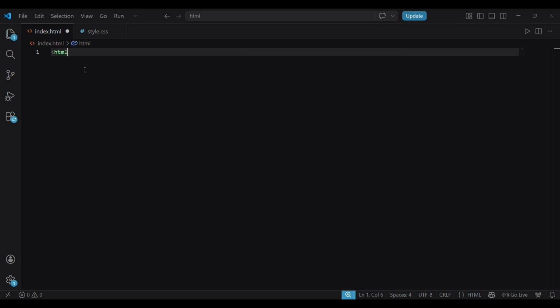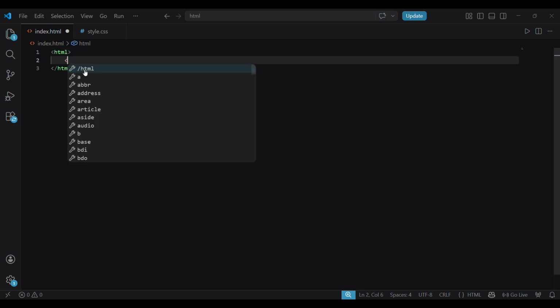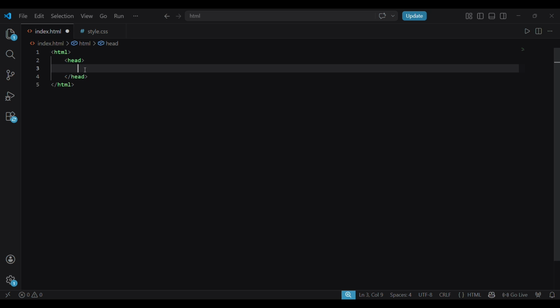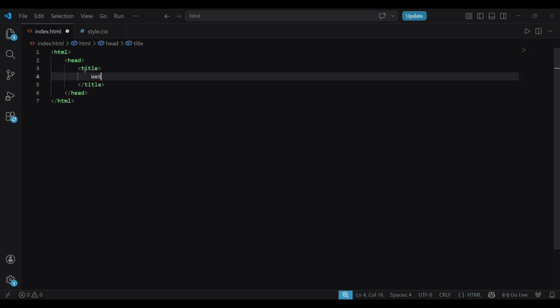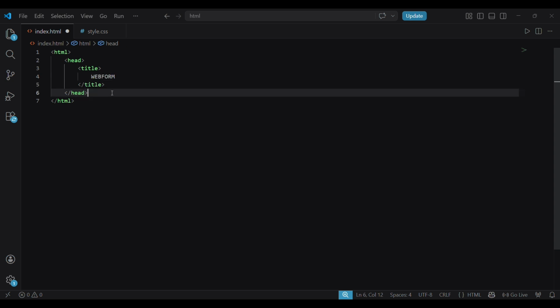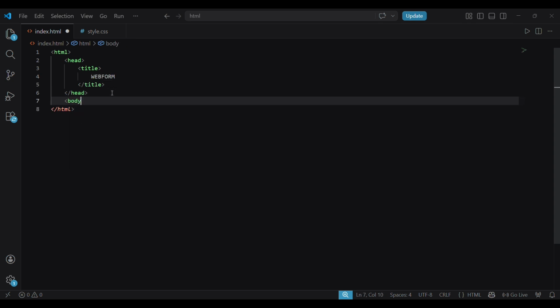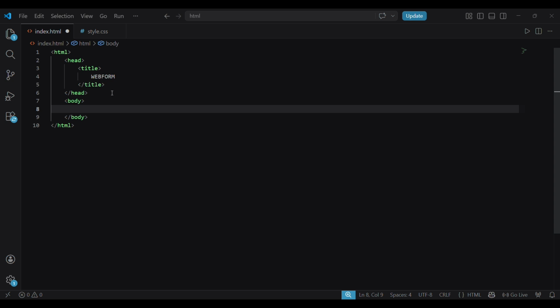HTML stands for Hypertext Markup Language, and it is the standard language used to create and structure the content of web pages. Think of it as the skeleton or structural blueprint of a website. It organizes the plain text, images, and multimedia so that web browsers like Chrome or Safari know exactly how to display them. It is important to note that HTML is a markup language, not a programming language, because it does